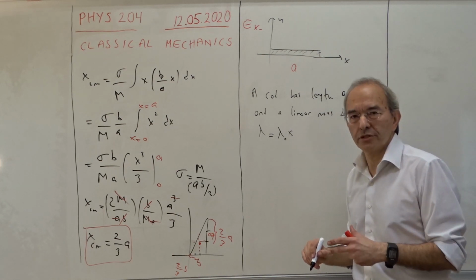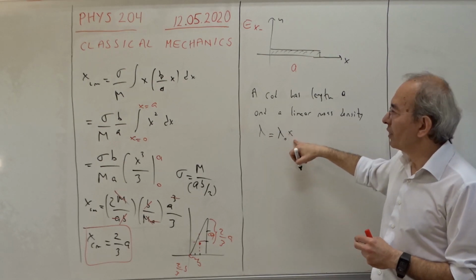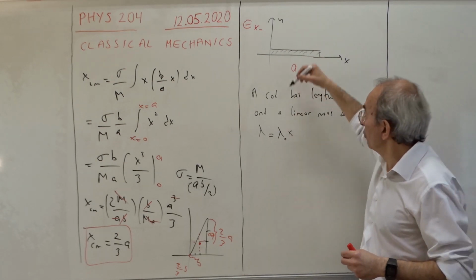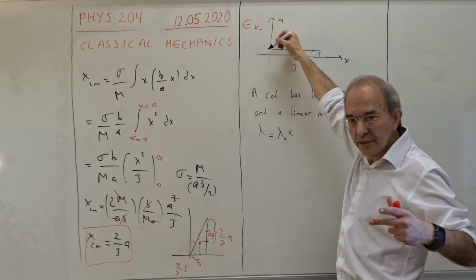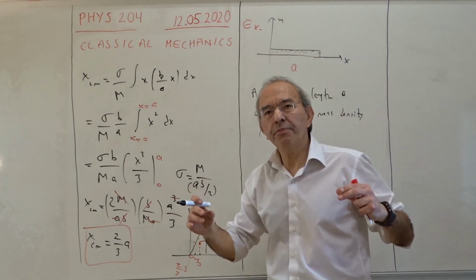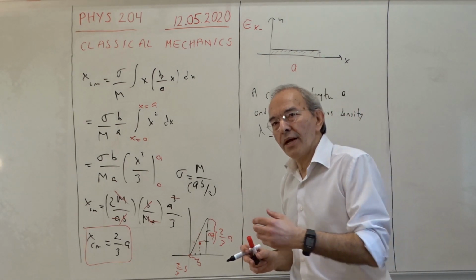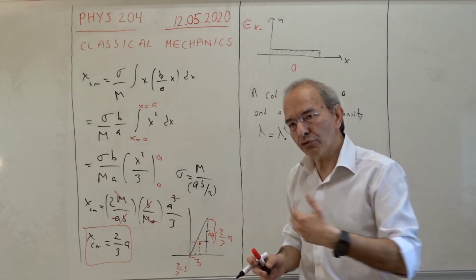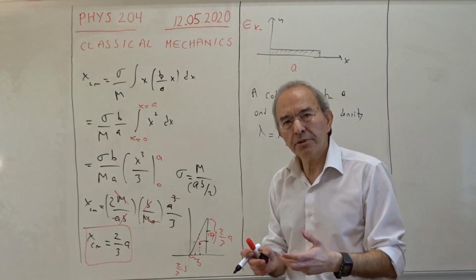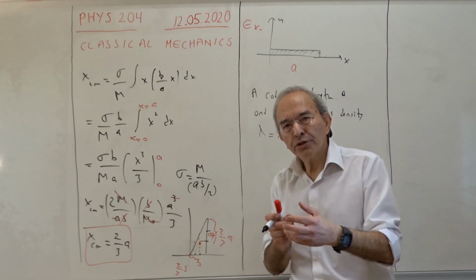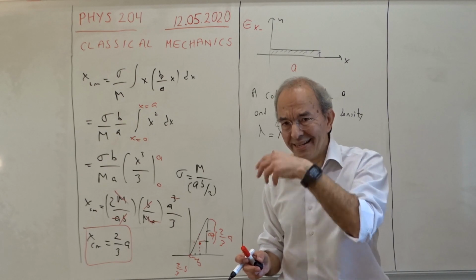It's a very simple function, because for very small values of x near 0, the rod is almost massless. For example, that rod can be prepared from different materials whose densities gradually increase from left to right. You could take pieces of paper, some polystyrene, very light, less dense